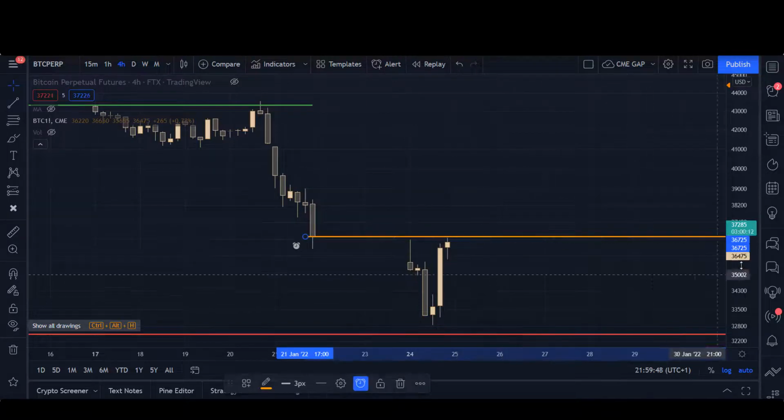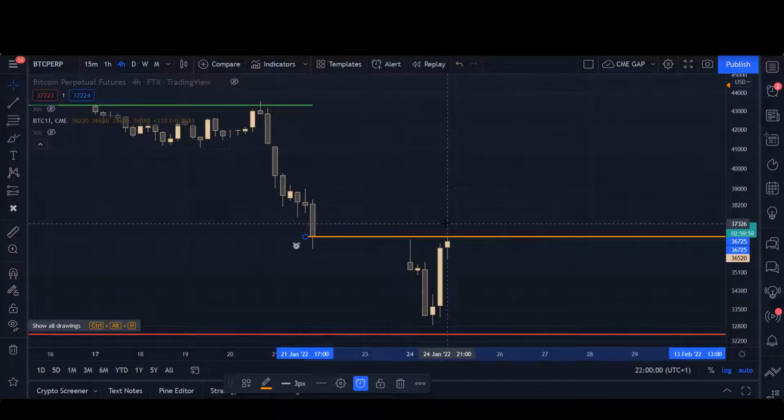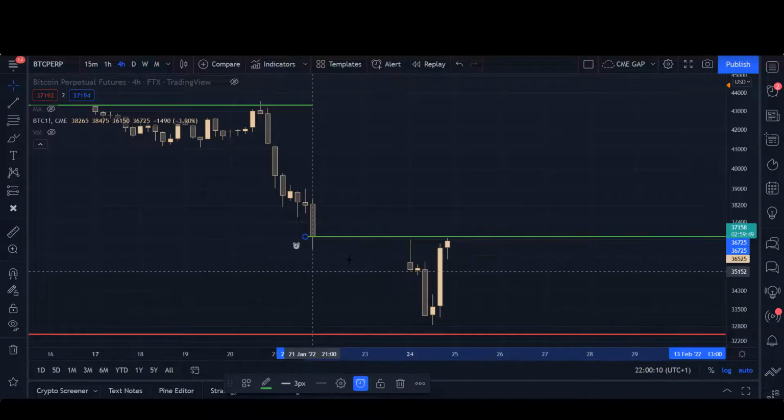The close was at 36,475, and you can see here that the high has been 36,520. So it has just been filled. I will immediately turn it green.